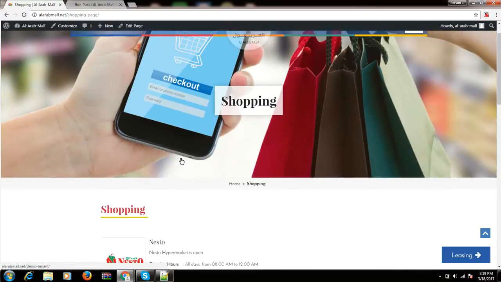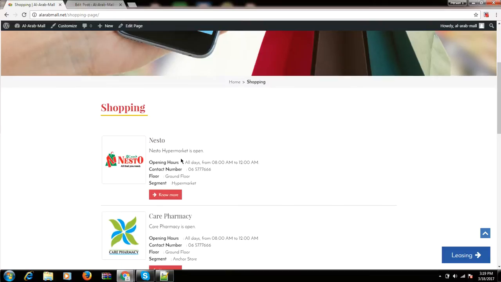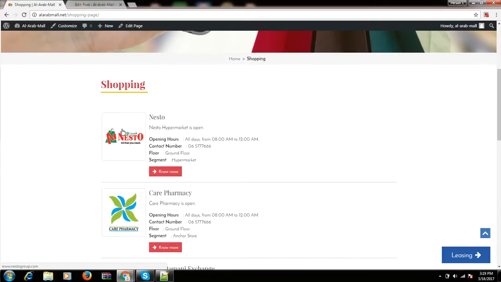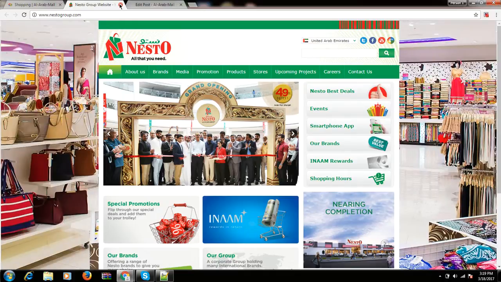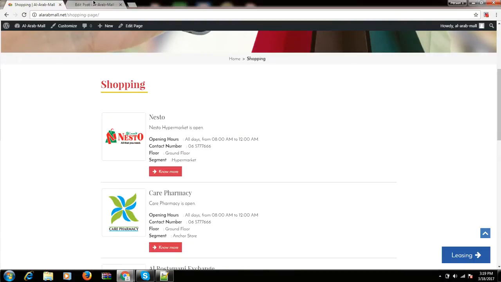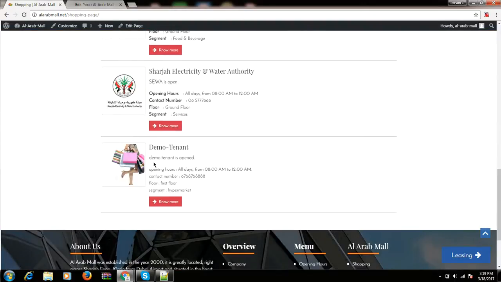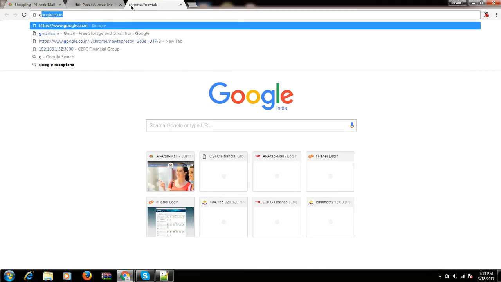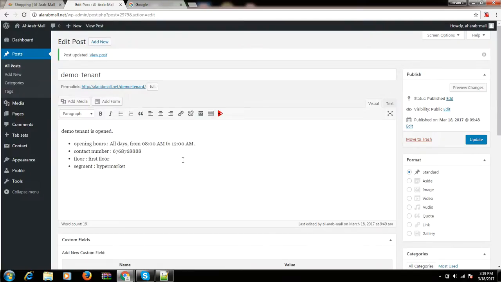Now, the noticeable thing about the post that came under the tenants category is that when I click on this logo image, I get redirected to some other specific URL. Now, how to do that? I'm doing the same for this demo tenant. I expect that when I click on this logo image, I should get redirected to, for example, google.com. So I will get this URL and come to the post.